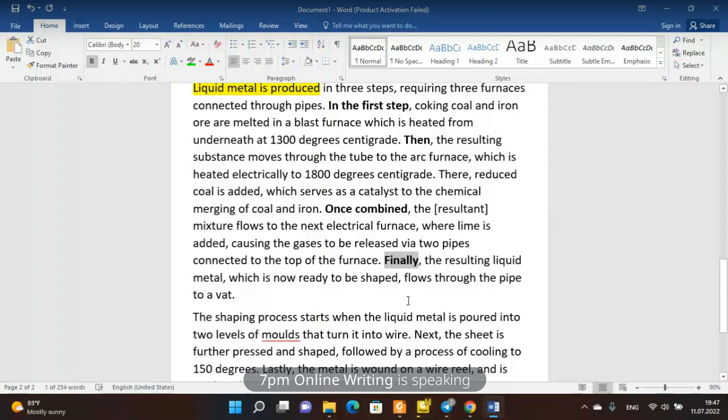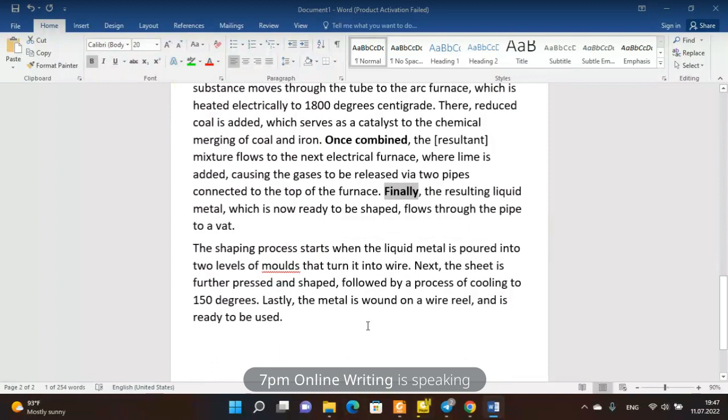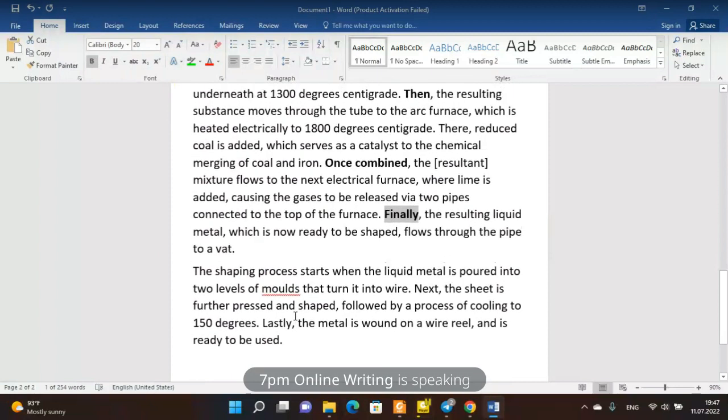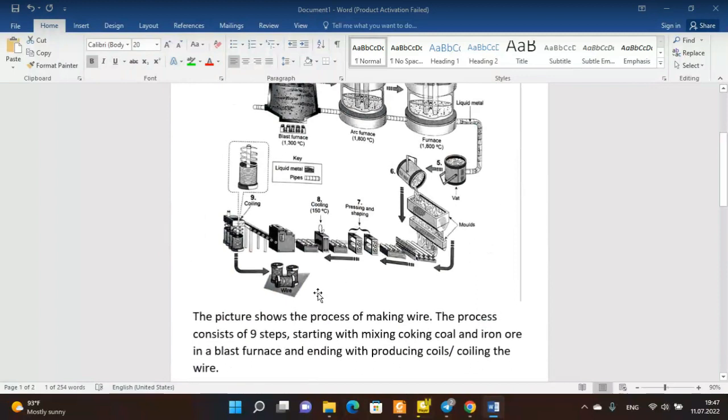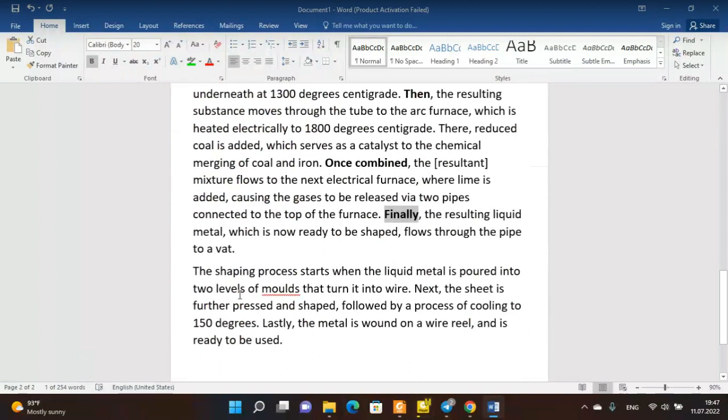Close to the pipe vat. Okay. That's good. That's good. Here, this is a little bit short, but that's fine. We could actually make this part longer, but I already have more than 200 words. And plus, I wrote it in Write and Improve with a timer on, so I was in a hurry. The shaping process starts when the liquid metal is poured into 2 levels of molds